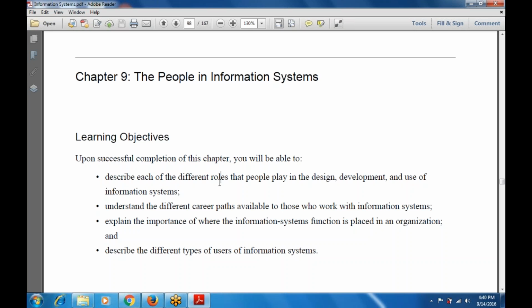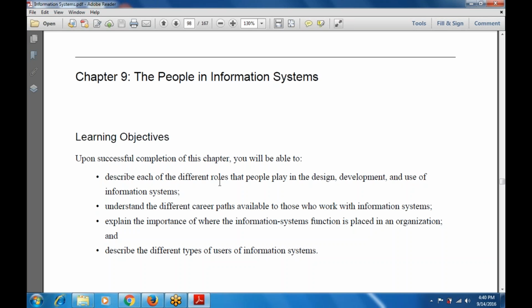Then understand the different career paths available to those who work with information systems. That is, who are the people involved with such work and data. Then explain the importance of where the information system function is placed in an organization.